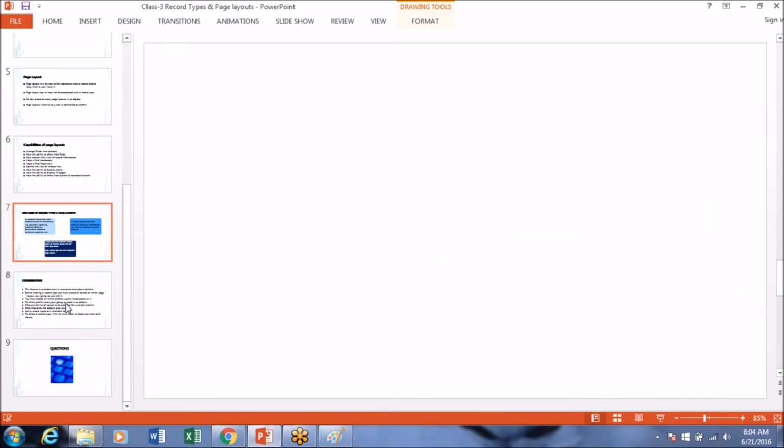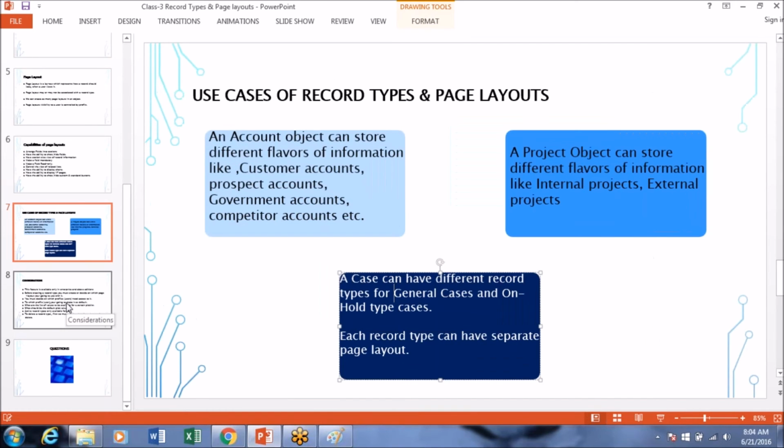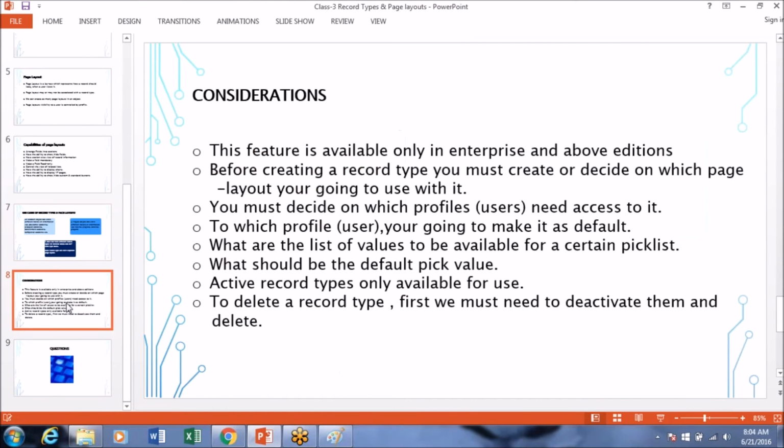So we have some considerations in the record types, and this feature is available only in Enterprise Edition and above editions: Enterprise, Unlimited, Performance editions. Okay. Before creating a record type, first we must decide on which page layout, what fields should be available.